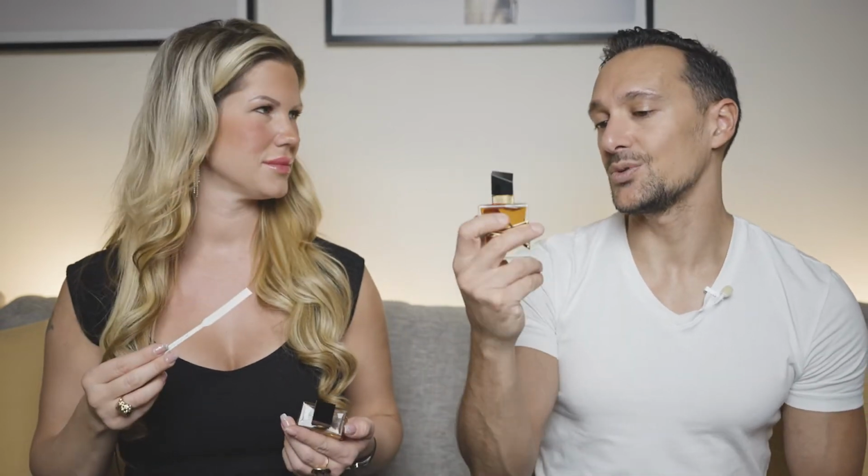No. But this one is so cool in that it has the top, it has the depth to it, and it has the mids, and it feels really complex and exciting since it has all those different elements. Yeah. So where for example, this one felt a bit sort of not linear, but sort of one-dimensional since it didn't have that depth to it. Yeah. And when we went into the intense one, this one felt more like a complete kind of fragrance in the sense that it was a bit more full-bodied. But this one feels like it has...